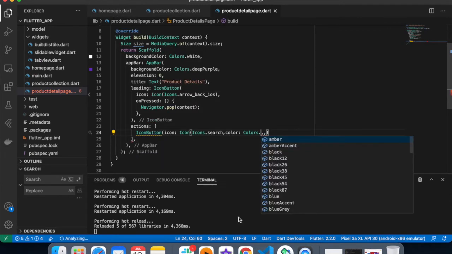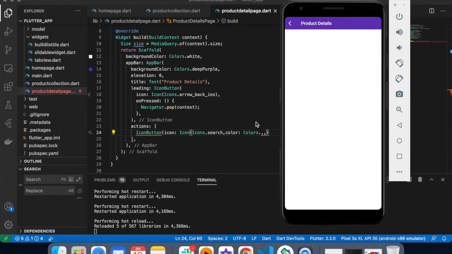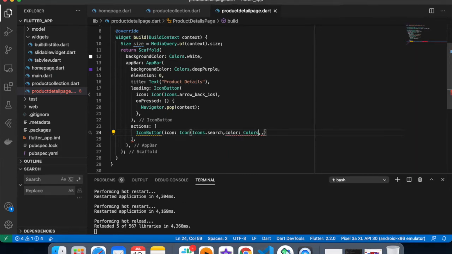Color will be white, and giving onPressed equals to null. So you can easily choose icon button, or you can use icon.